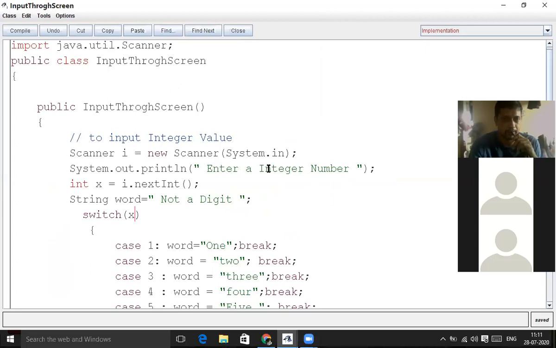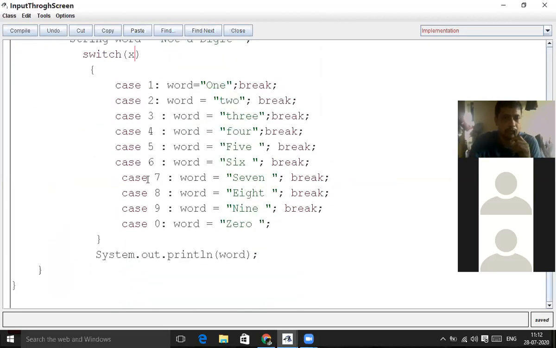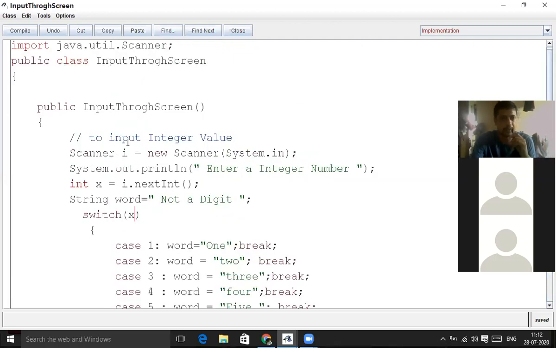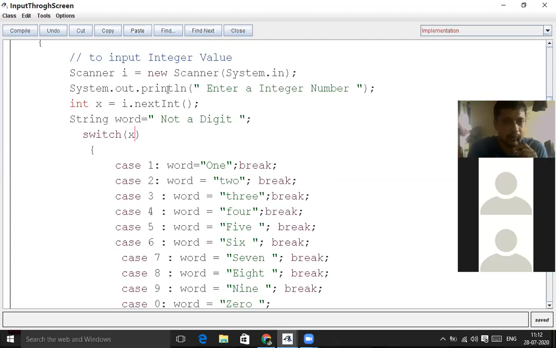How to get the screen input: you have seen that here I am not calling through the functions. Actually I am inputting while I get a message on the screen, and in the screen I give the value. The value I have given is 7, and that 7 is passed through this switch function, and it has displayed the 7 over here. I have already worked out this program with simple functions, and now I am going to explain it with the help of the input screen.